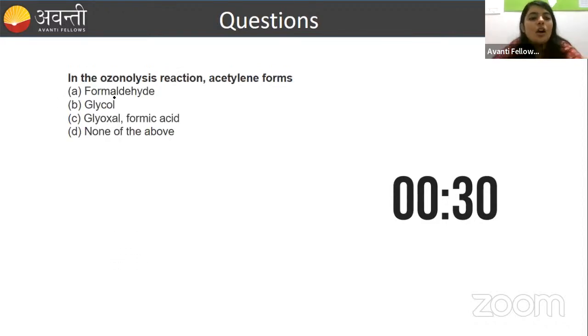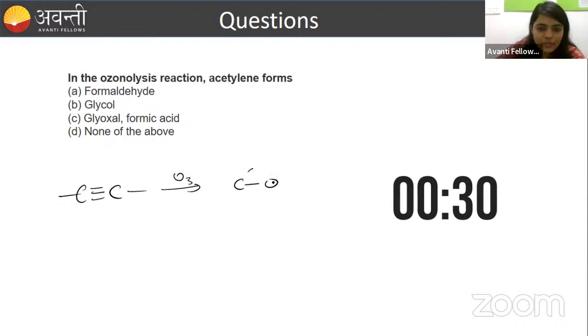Next is: in the ozonolysis reaction, acetylene forms. What does acetylene gas form in the ozonolysis reaction? The question is based on what we just saw. In ozonolysis, if you react with O3, then first the ozonide will form. Then we have to take a reducing agent, and this carbon carbon bond is intact. This carbon carbon bond is intact. Then we will get